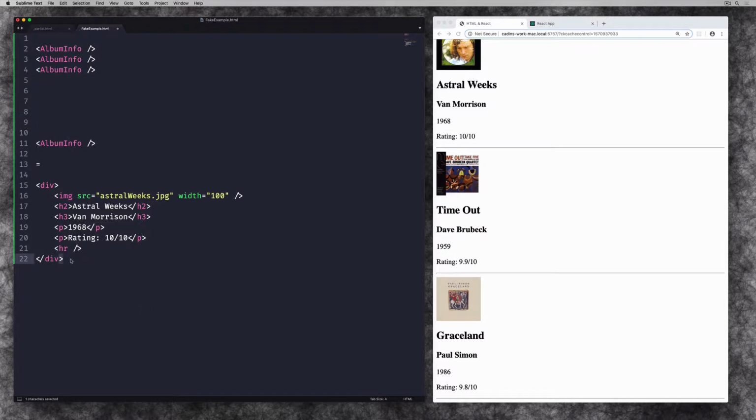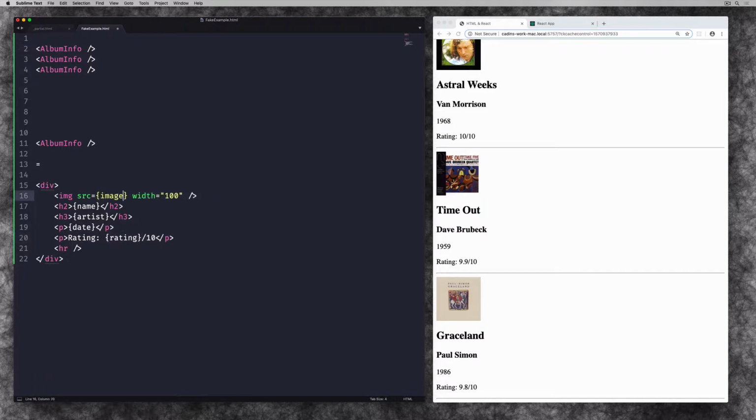But I wouldn't want it to output this exactly, right? Because this contains data for a specific album. So I wouldn't want to print the same album 3 times. I want to be able to change what's in there. So instead of having this album info tag represent this exact code, I would want it to represent a template that I could change. So instead of having the actual title of the album, I would say this is a placeholder for the album name. And here is a placeholder for the artist. Same thing for the date, the rating,